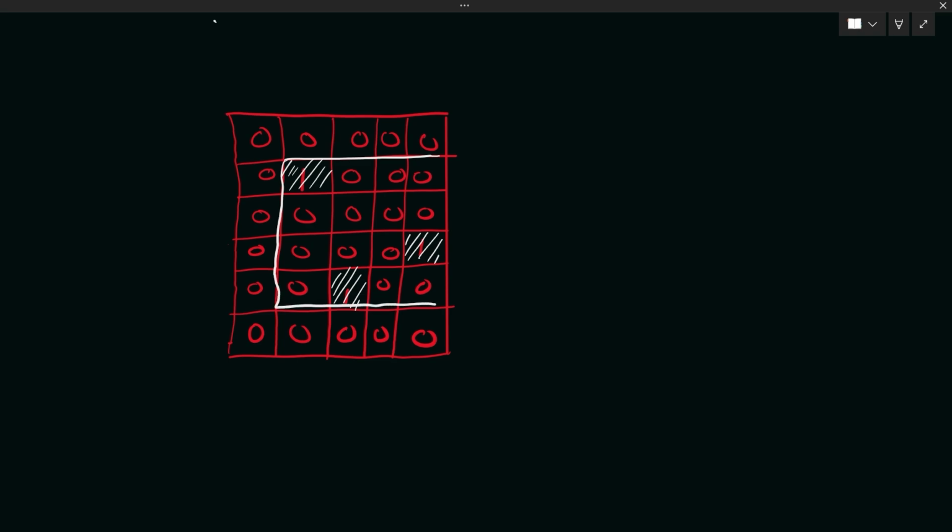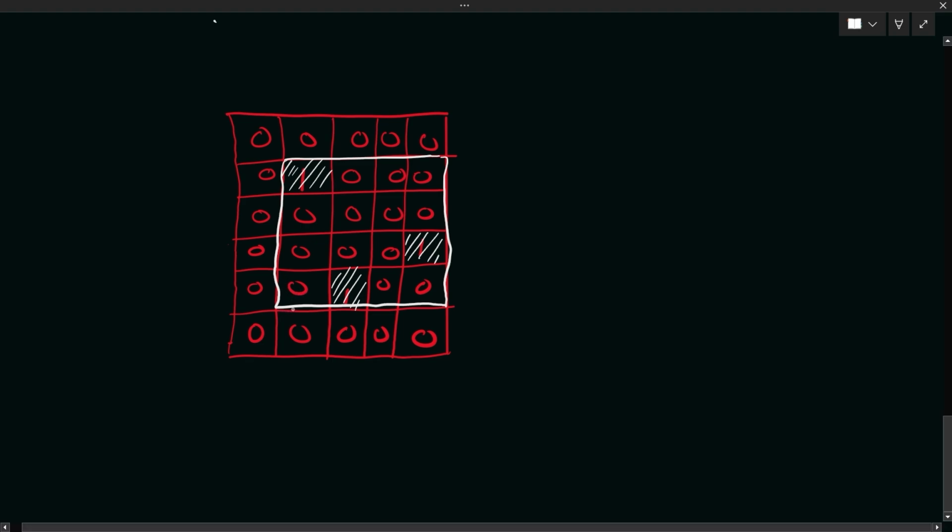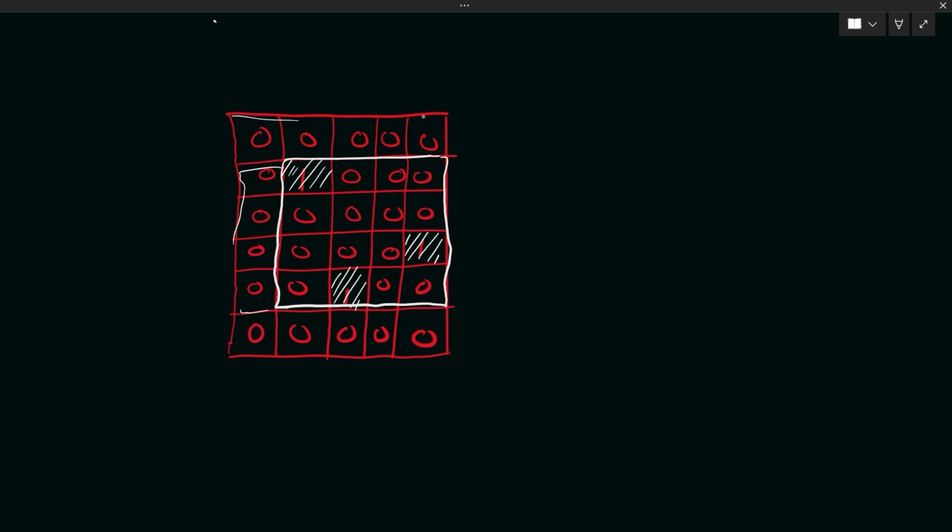Okay, so we took these sides and this is the rectangle which contains all the ones. There are multiple rectangles possible, like we can extend it towards here or maybe towards here. But since the area of the rectangle which is minimum in this case would be for this rectangle, we